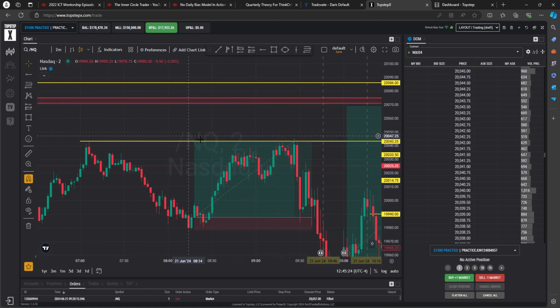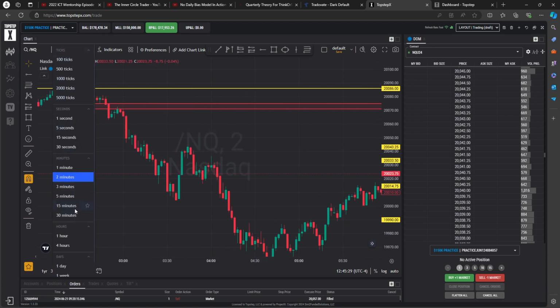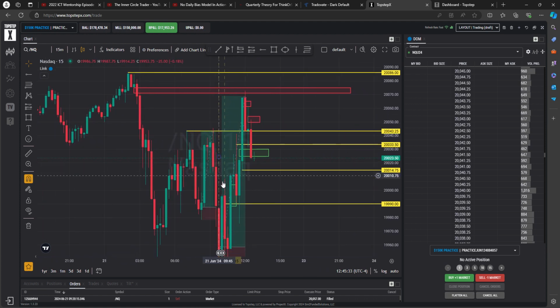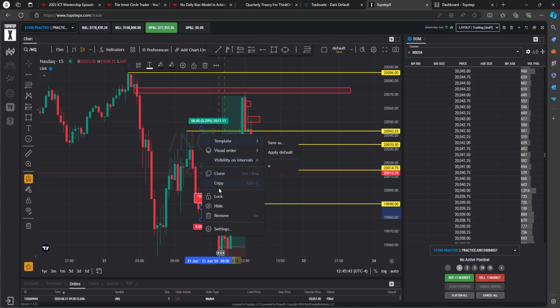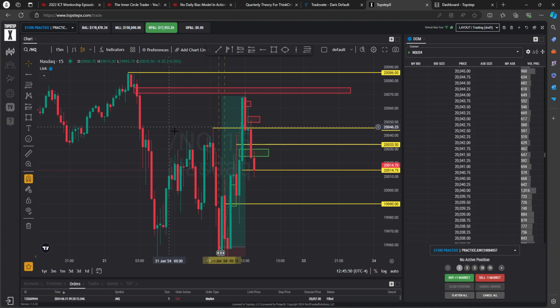So not this one. Where's it at? So usually for my targets, I do use higher time frame PD arrays. So in reality, if I entered it down here, firstly I would have targeted this high, which I'm gonna go ahead and mark right here. This high right here. Because then on top of that, what aligns right above it is a 15-minute bearish fair value gap. So that's a perfect